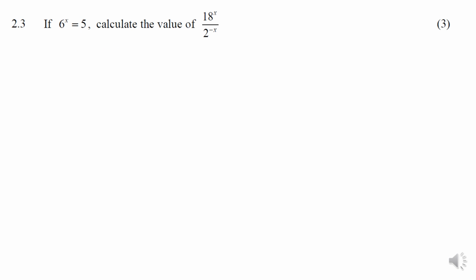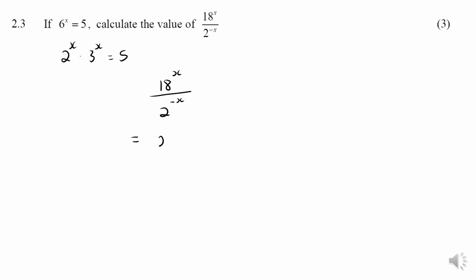For 2.3, if 6 to the power of x is equal to 5, calculate the value of 18 to the power of x divided by 2 to the power of negative x. Here I'm going to change everything that is not a prime number into its prime factors. Starting with the 6. The 6 changes into 2 times 3, and then I need to give both of them the exponent x. So it will be 2 to the power of x times 3 to the power of x is equal to 5. And then for the 18 to the power of x over 2 to the power of negative x, I can change the 18 to 2 times 3 to the power of 2, also giving them the